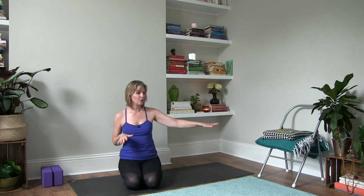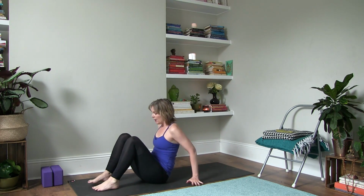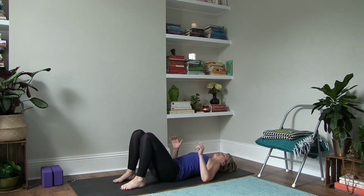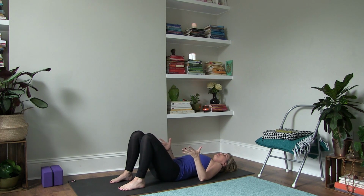But before we do, I have a chair here that we're going to be using at the end of the practice. A few blankets and an eye pillow. And I also have 2 yoga blocks. We're going to start off lying on the floor with our legs bent and feet grounded into the floor, keeping your legs about hip distance apart,